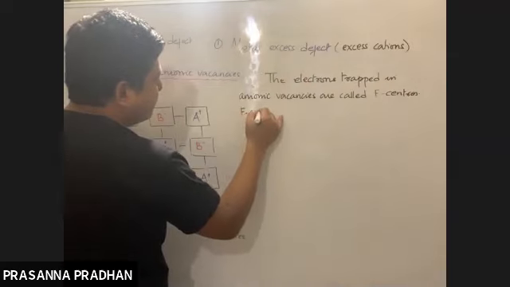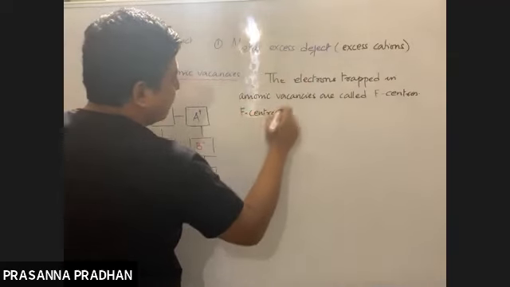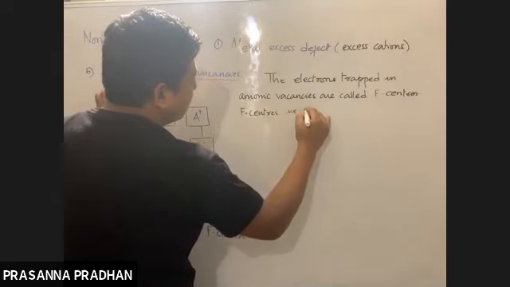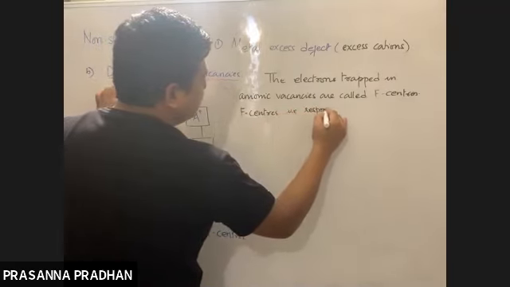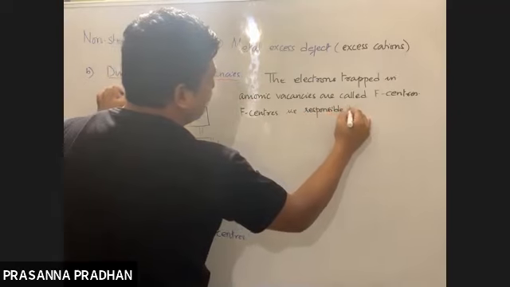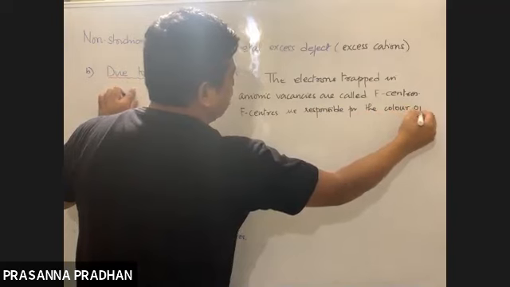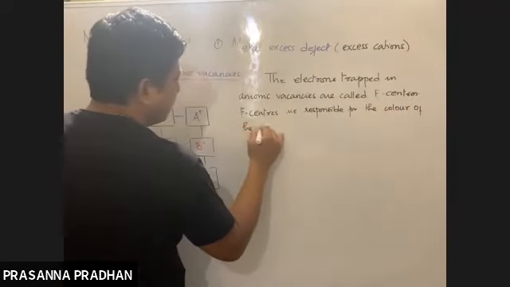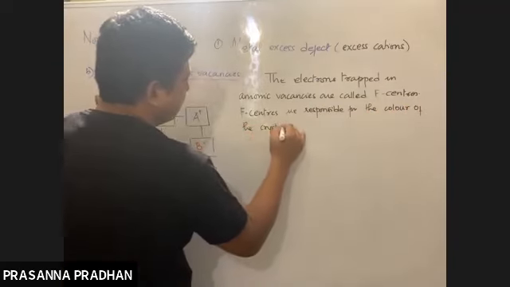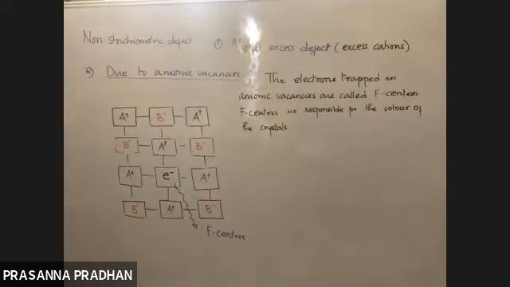And remember, these F centers are responsible for the color of the crystals. Right? Okay, they are responsible for the colors of the crystal. ठीक है, so यहाँ पर भी metal excess defect हो रहा है, लेकिन due to F centers है. Okay,